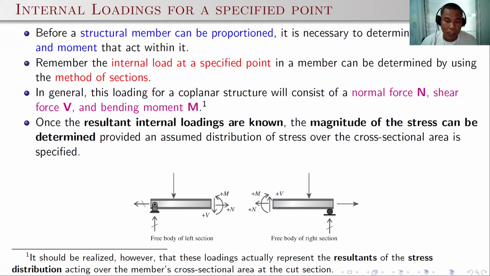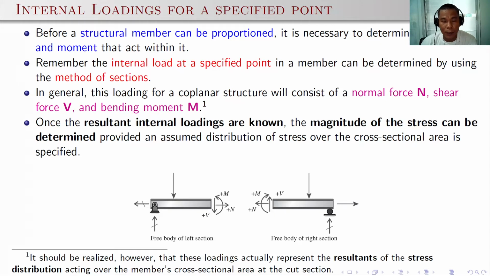Remember, force and moment. Remember that the internal load at the specified point in a member can be determined by using the method of sections. That is, if we cut a certain portion of the member, we will be able to determine the internal load at that portion. So in general, this loading for a coplanar structure will consist of first the normal force, that is 90 degrees with respect to the longitudinal axis, the shear force V, which is perpendicular to the longitudinal axis, and